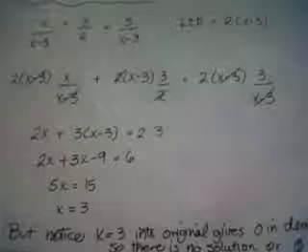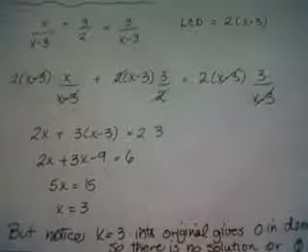Now I look very carefully because I noticed if I went back and actually stuck a 3 inside here, 3 minus 3 gives me 0, and I cannot have 0 for my denominator. So what I notice is actually there is no solution to this problem. Even though I did all this lovely